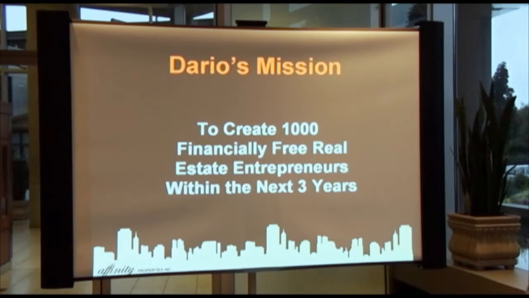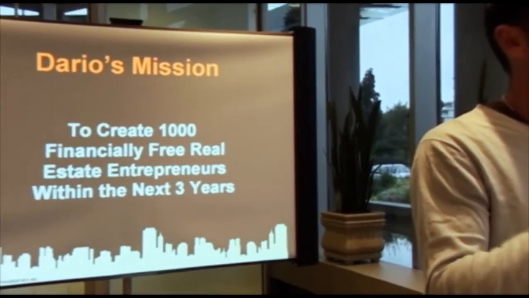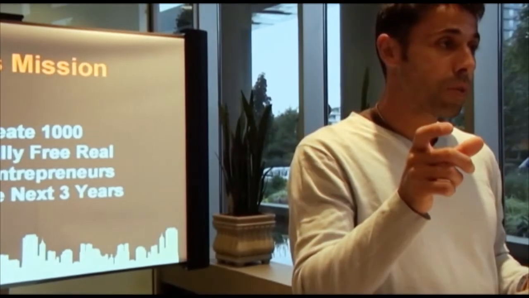So if you figure that you found a property and you've bought it, and now you're going to sell it to another investor and you want to make a $10,000 spread, you should figure out what your costs are going to be for buying and selling. And then it's up to you to decide whether you want to leave that in your $10,000 spread or you want to put it on top.